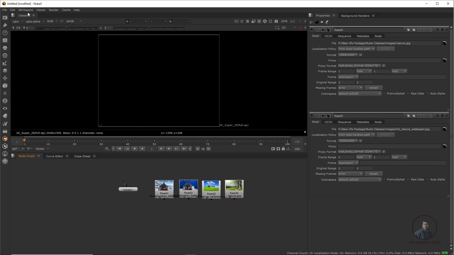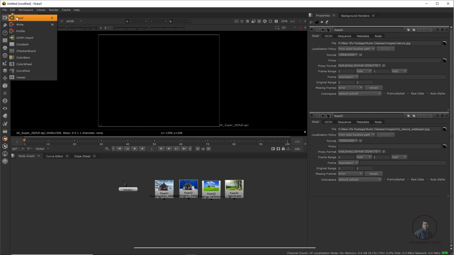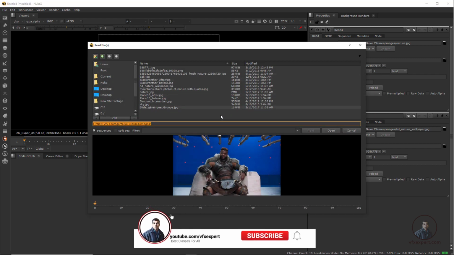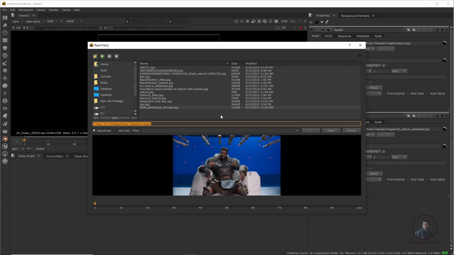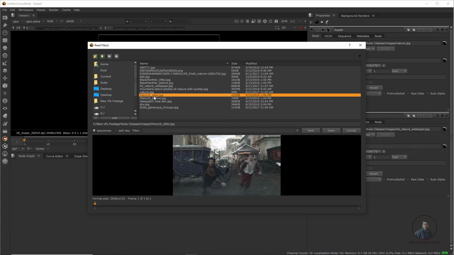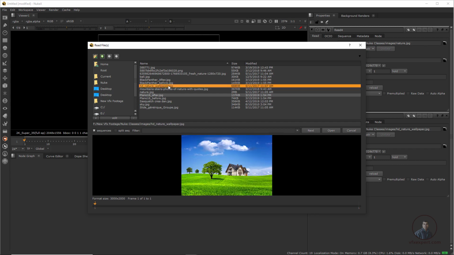Again, simply click on this Read node, and if you want to import multiple footages from different directories or different folders, you can also import with the help of this Next option here. Suppose first I am going to import this one. Then after this, don't click on Open, simply click on Next. Here I click on Next, then you can select another one.